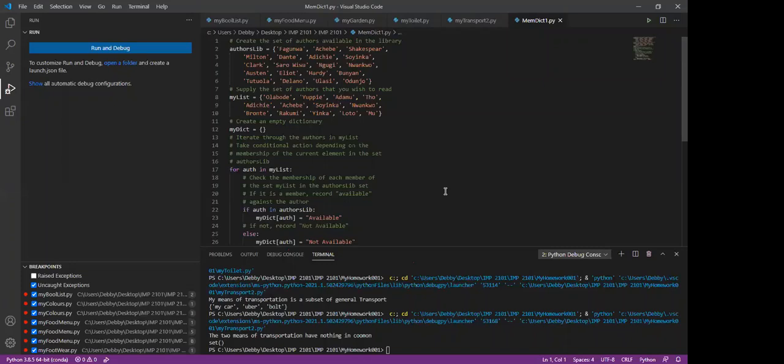I'm just going to take this through the debugger. And of course, we know what happens. We know what will happen from line 2 to 6. Everybody in this class should know what happens. So we don't need to step into that one. We already know what is going to happen from line 8 to 10. We don't need to step into that one. The interesting part is, of course, everyone in this class knows what is going to happen for author in my list. It means it's going to pick each author in my list. And if author in author sleep,